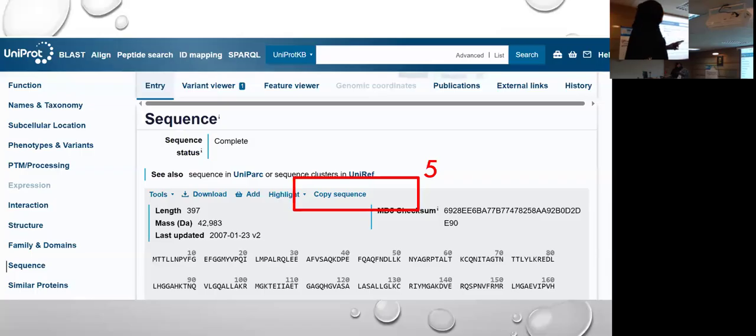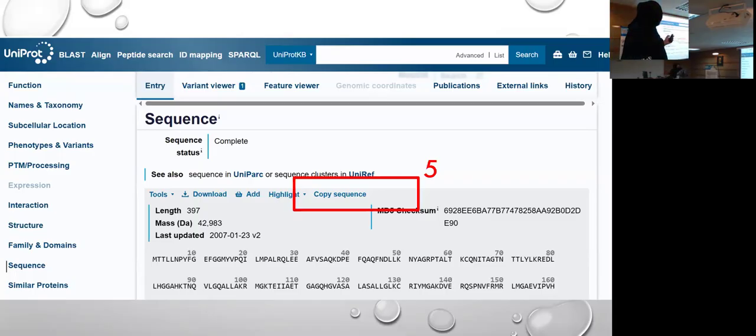Now on step 5, there are 2 things you can do. With the cursor, you can directly copy the sequence from here, or you can just click on this copy sequence, and all of the sequence will be copied, regardless of how many amino acids there are.